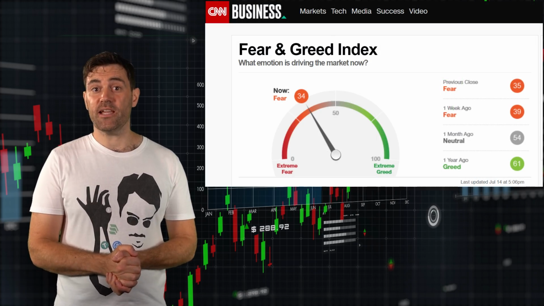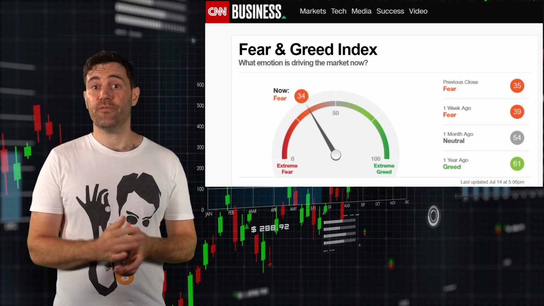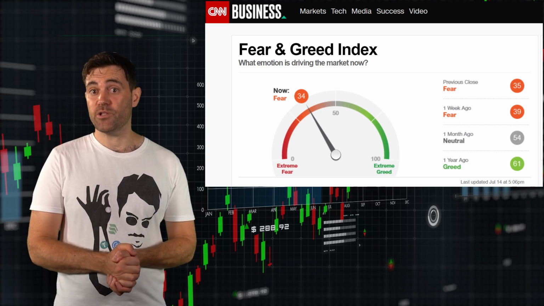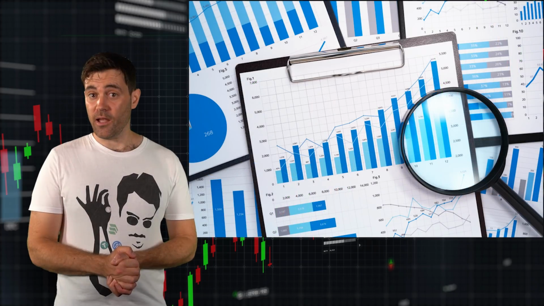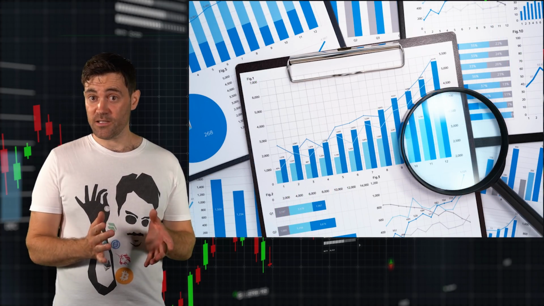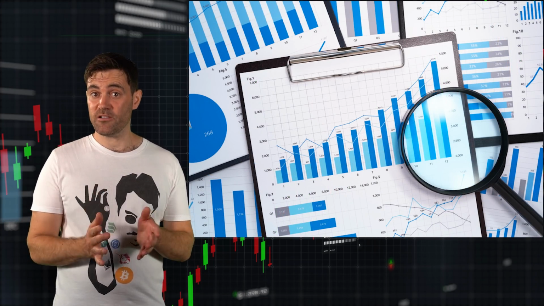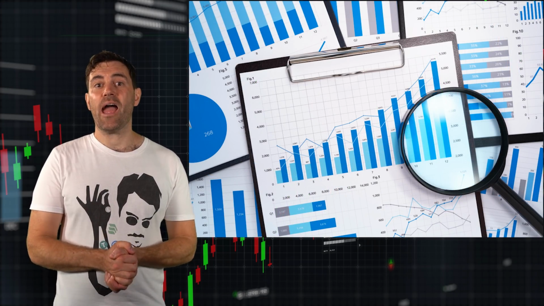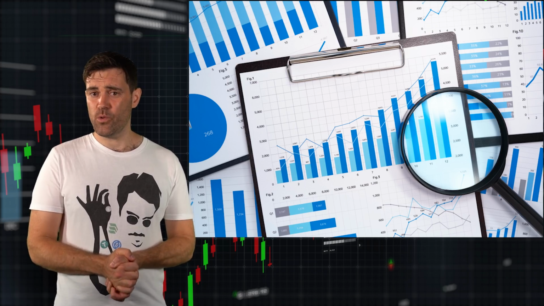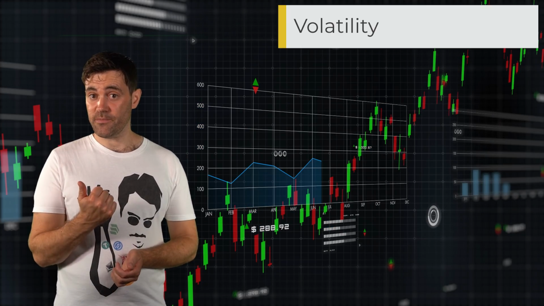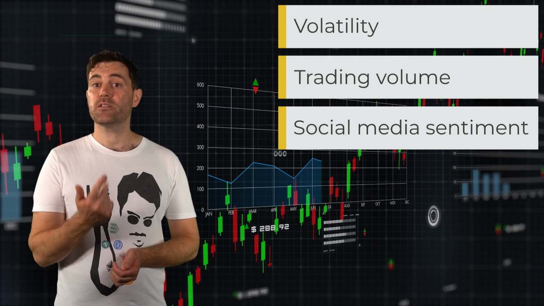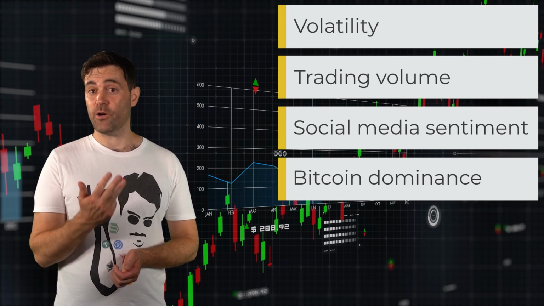The Fear and Greed Index for crypto is modeled after the Fear and Greed Index for the stock market, which was created by CNN's financial division. Like the Fear and Greed Index for the stock market, the Fear and Greed Index for cryptocurrency is created using an aggregate of measures that are also worth looking at separately. These are market volatility, trading volume, social media sentiment, Bitcoin dominance,